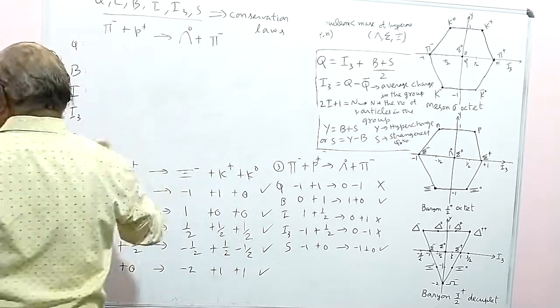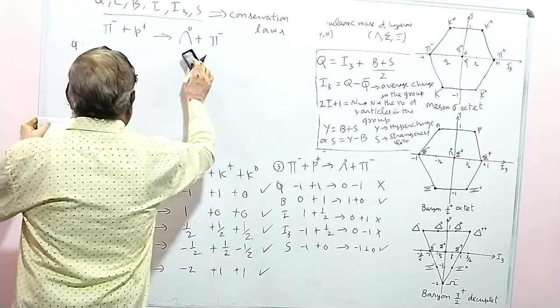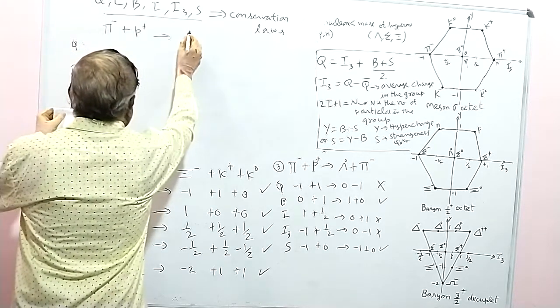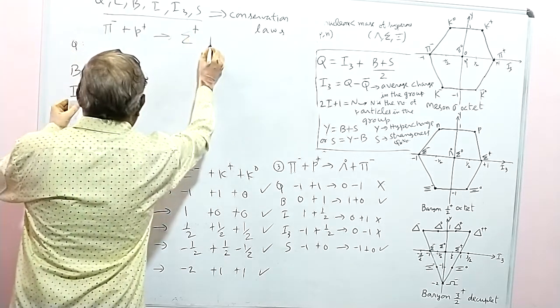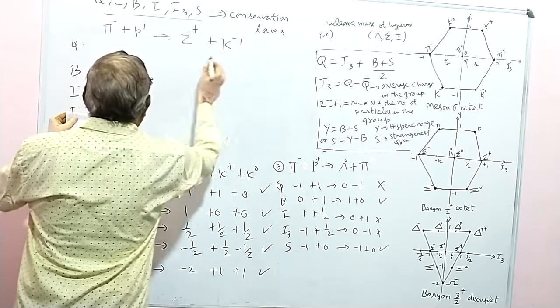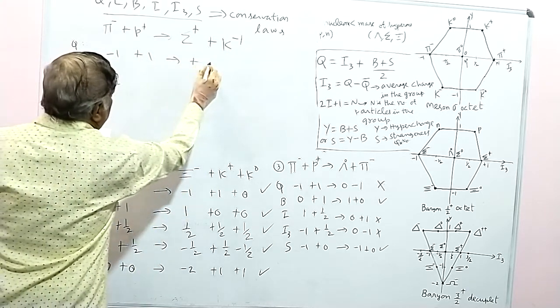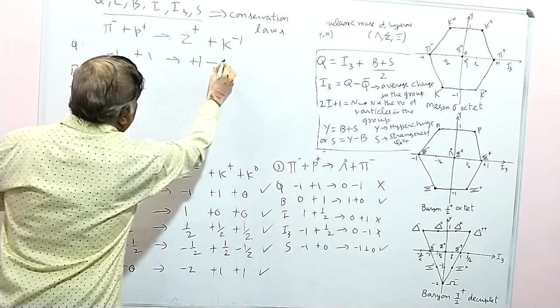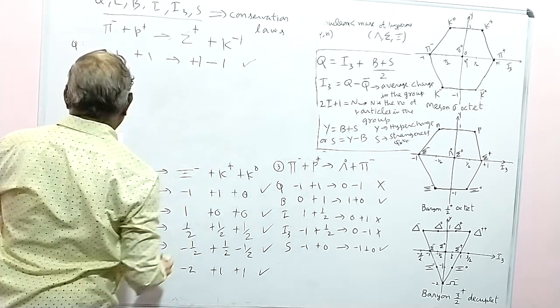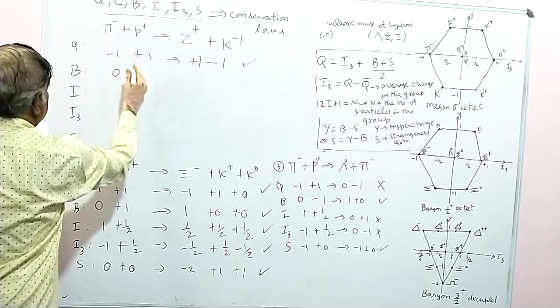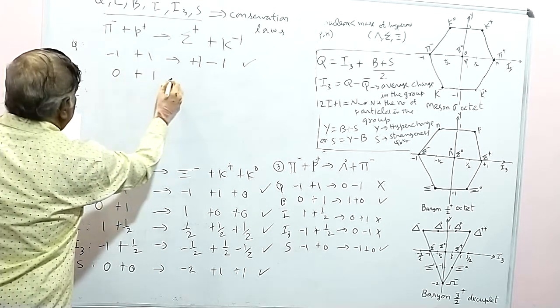We have already discussed this problem. We take this. So Q here minus 1 plus 1, plus 1 minus 1. So this is satisfied. Baryon number, this is 0, this is a meson, and this is 1, this is 1,